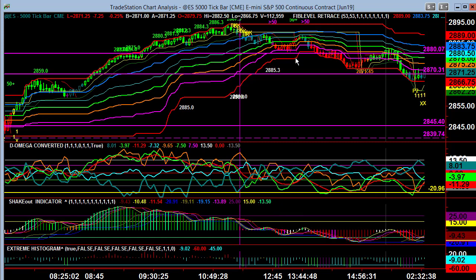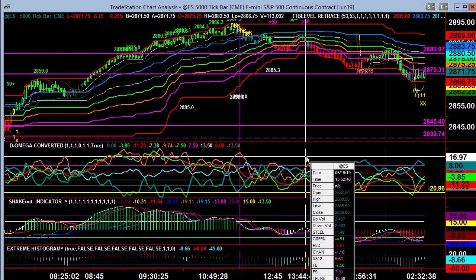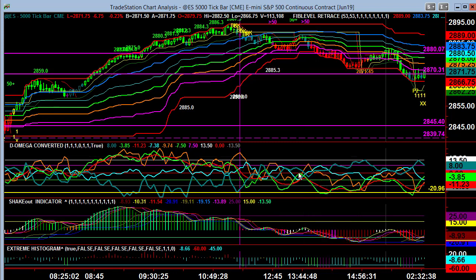It just lets you know that you were going to have a little bit more of a continuation. Fought its way right back up to the same spot, but also did that on lower DOC red. Again, these are those little telltale signs that you look for, and right there, similar situation where you have green moving below cyan, steel coming down and crossing, and just flat red, which boom, and that led to moving all